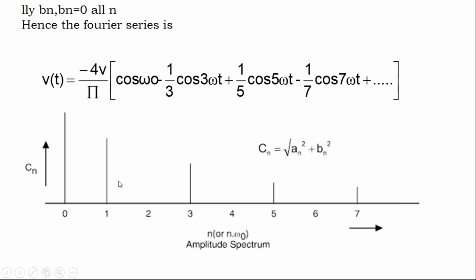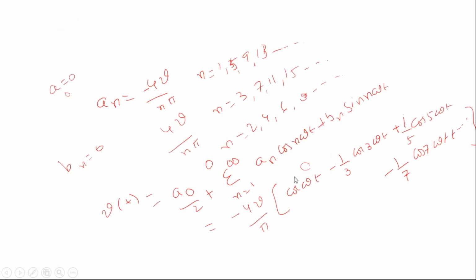Now, when n equal to 1 or n omega naught equal to 1, that represents the amplitude part of this. 2, we don't have, which is 0, and 3 represents the amplitude of this one, and 4 again is 0 since we don't have even terms, and 5 again represents the amplitude part of this. Like that, you have to plot the amplitude spectrum. Now please try to understand, here we have An cos n omega t term only. Just observe it.